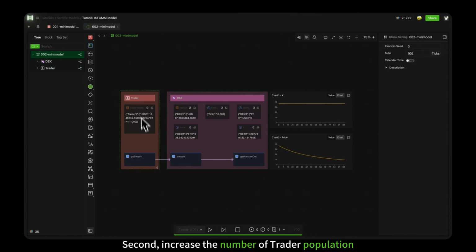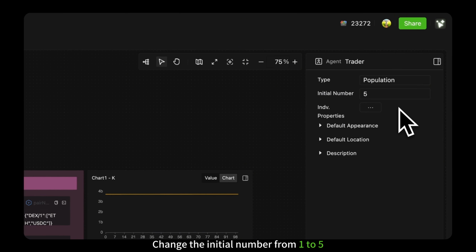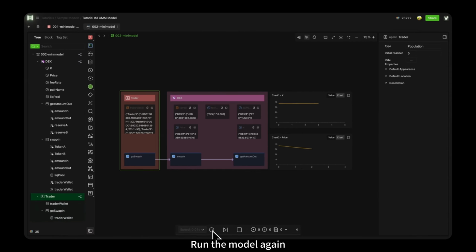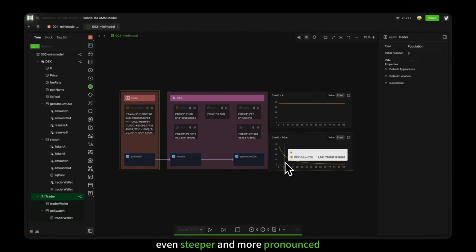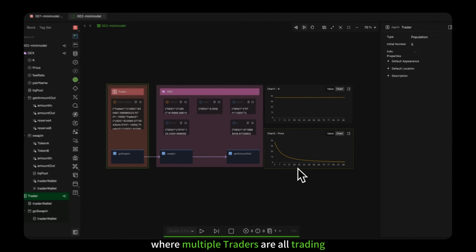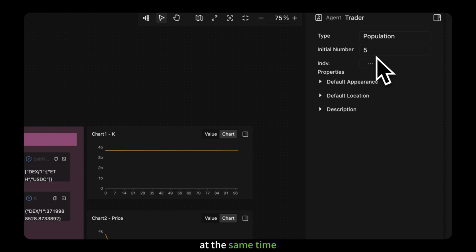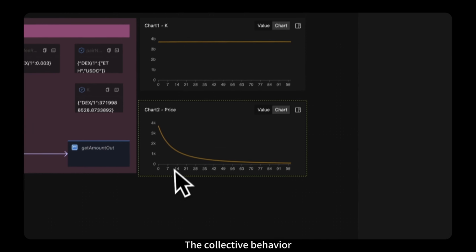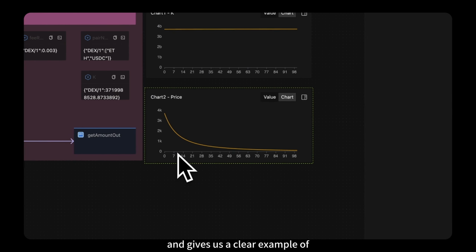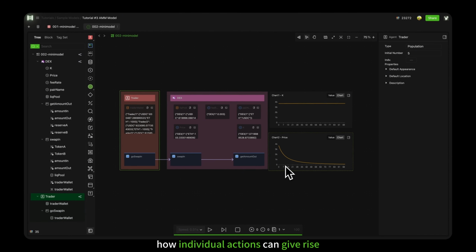Second, increase the number of trader population. Change the initial number from 1 to 5. Run the model again. Now the price curve becomes even steeper and more pronounced. This simulates a situation where multiple traders are all trading in the same direction at the same time. The collective behavior amplifies price movements and gives us a clear example of how individual actions can give rise to